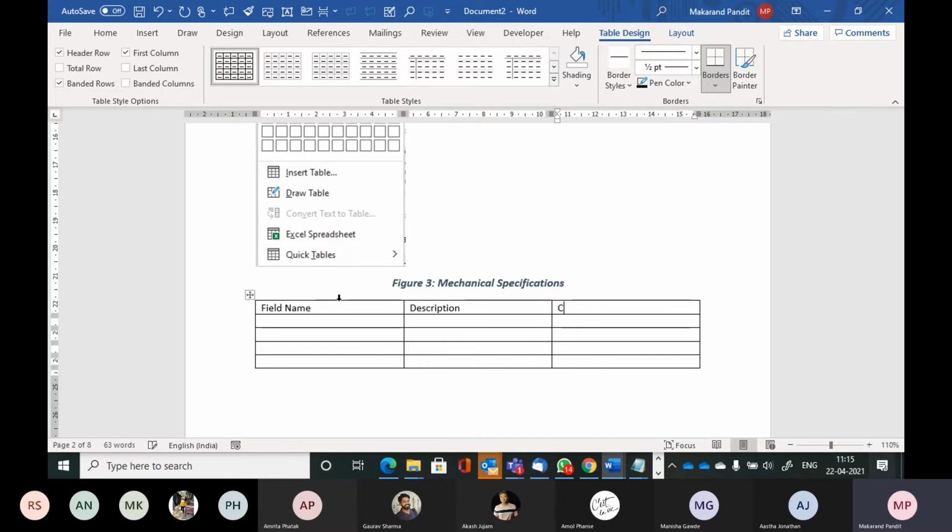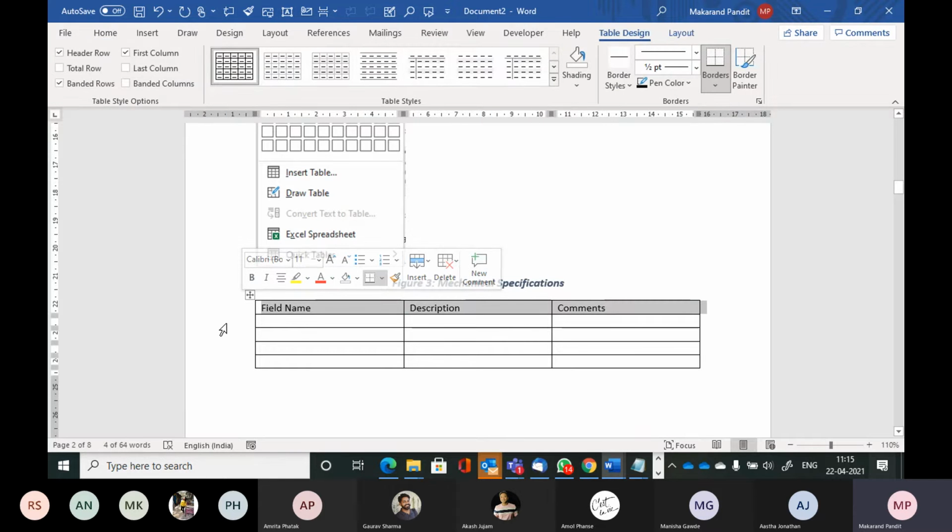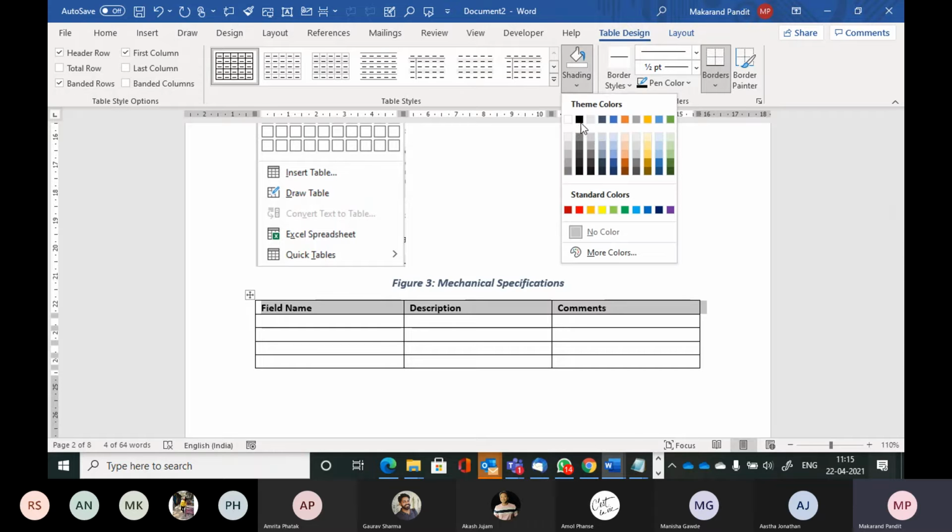Description, comments, whatever. All right. Let it be like this. And I'm going to say, okay, this is going to be bold and this is going to be on the inverse background. So let me take white on black background for this.